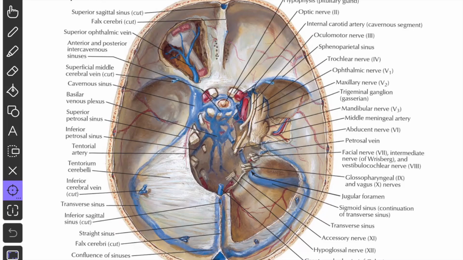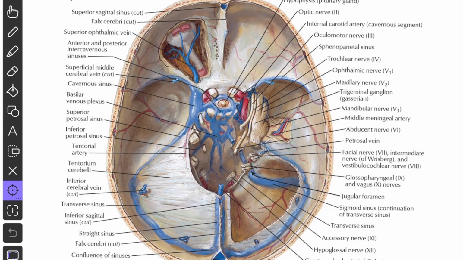Next we'll see the tributaries of the transverse sinus. So this is a picture. Here you can see the right transverse sinus and the left transverse sinus. The superior sagittal sinus ends at the confluence, which becomes continuous with the right transverse sinus, and the straight sinus becomes continuous with the left transverse sinus. So here is the termination. The transverse sinus becomes continuous as the sigmoid sinus. At the junction of the transverse sinus and the sigmoid sinus, the superior petrosal sinus opens.